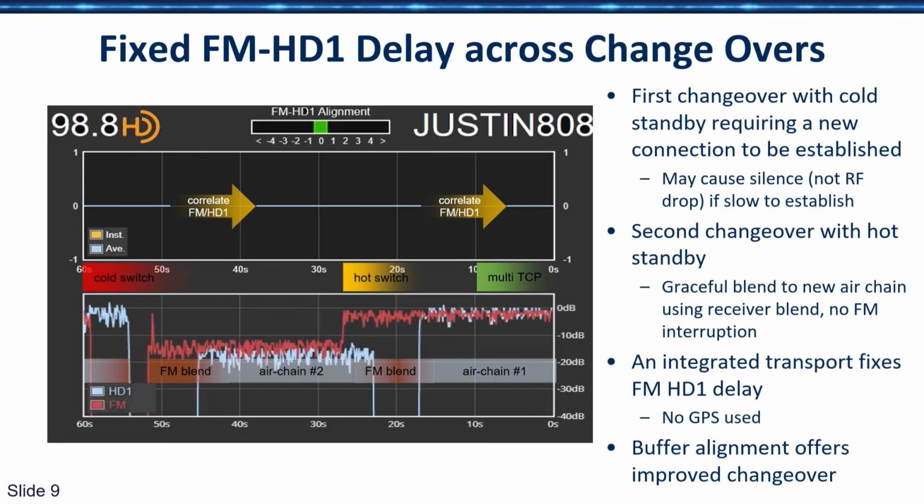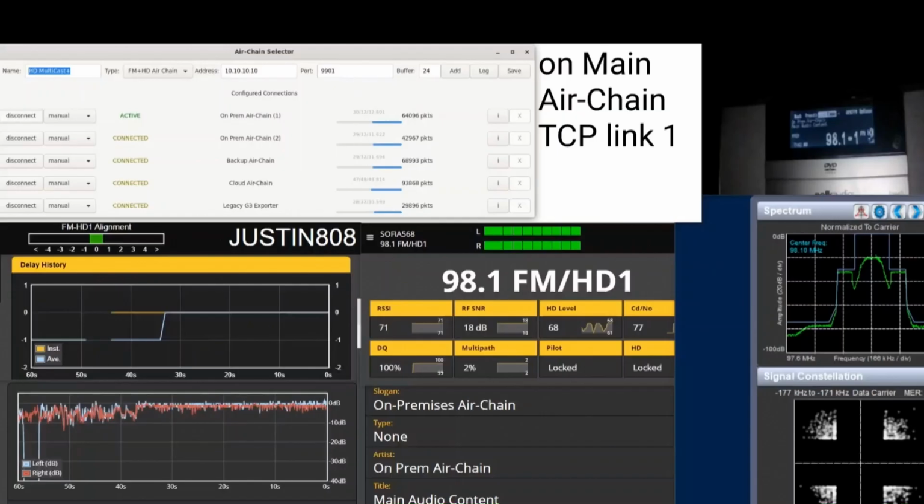Now that's the cold switch. The hot switch, again, that's about 25 seconds. You can see I'm switching over to the other AirChain with the higher loudness level. The FM does it instantly, but it keeps on playing 4.5 seconds of HD. Now what happens, the blend process will ramp down the HD, it will ramp up the new FM audio, so we actually achieve a crossfade when you're switching inputs. Now, Xperi did that for us, can't take the credit for that. And then once it acquires HD lock again, it will blend back into perfectly aligned audio. So I'm hoping you can see that in some of the examples here.